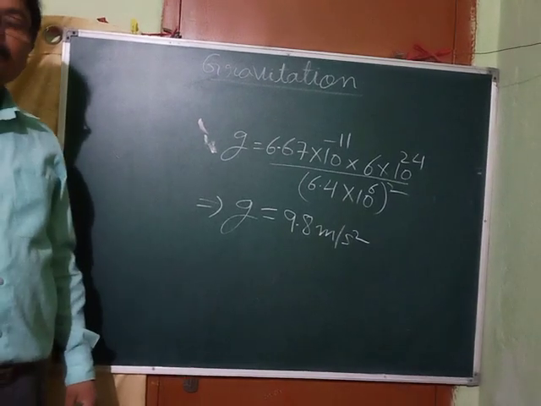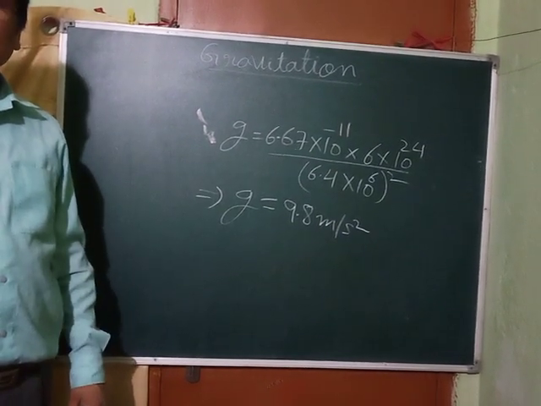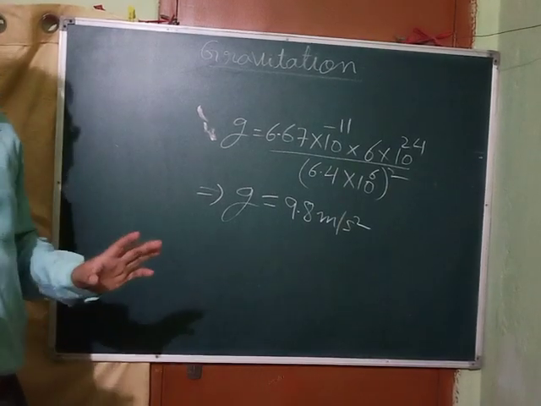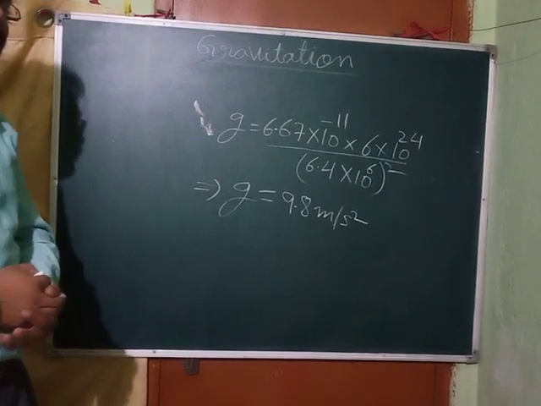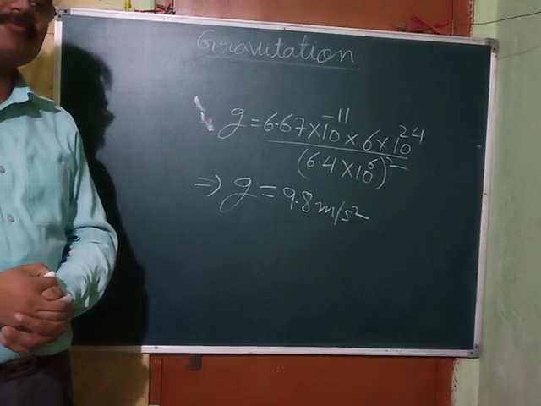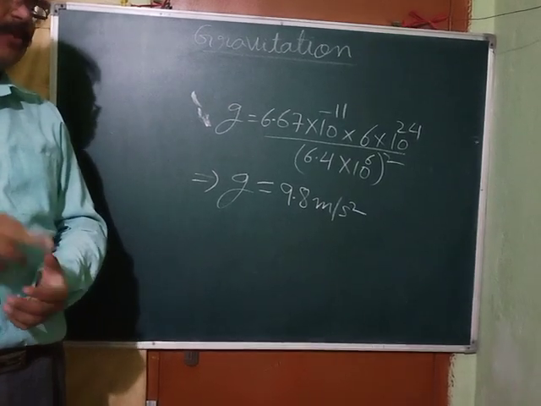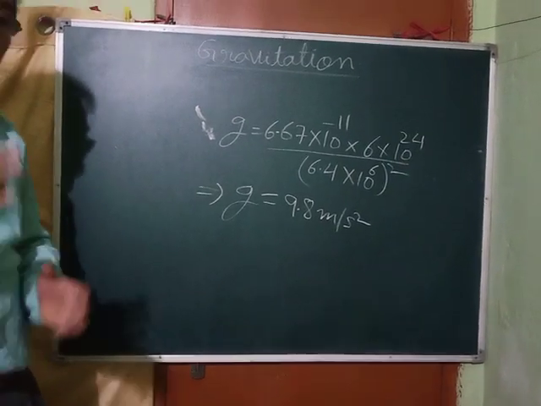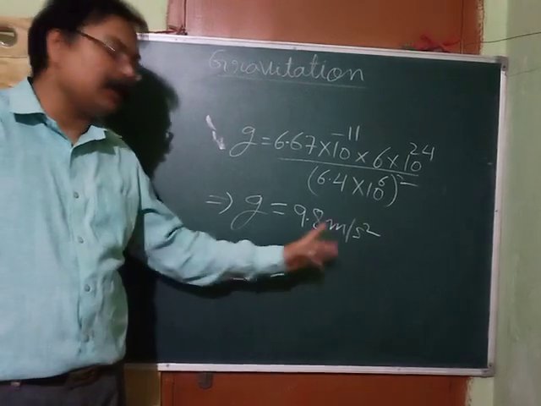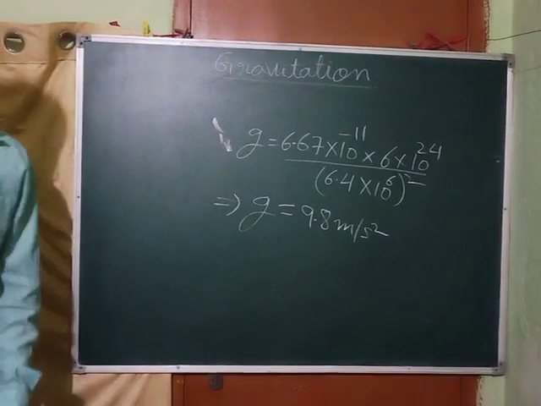See, in numericals you will always take 9.8, unless 10 is given in the question. It has been observed that children try to take 10 for convenience in calculation, but don't do that. You must take 10 only when it is given in the question, otherwise take 9.8. Got it? Clear? Okay, so that is it.